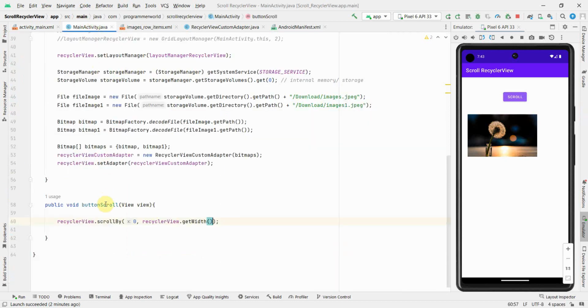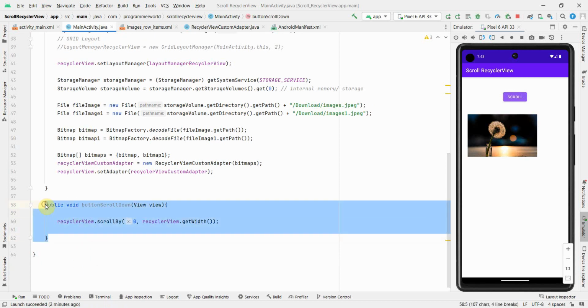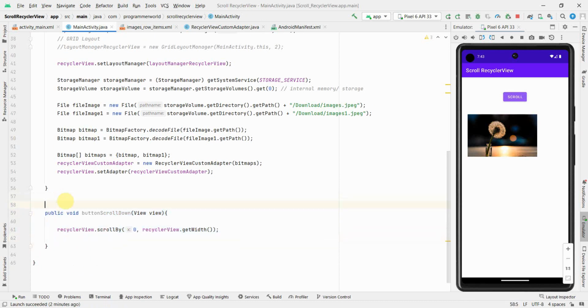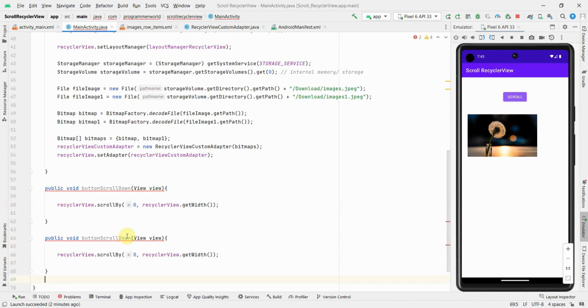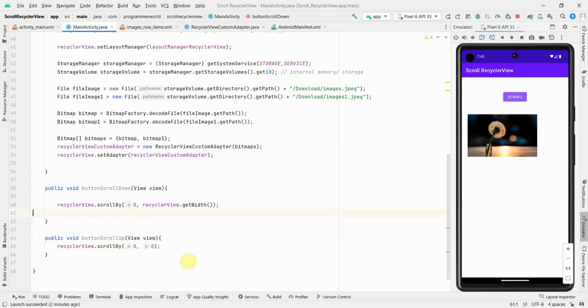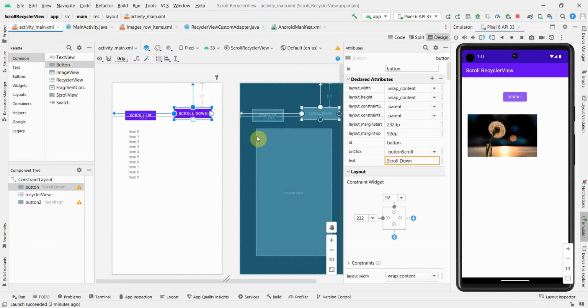Okay, so for now we need two methods. In fact, this I can say scroll down, and I can just, similarly, Control C, Control V, and have it as scroll up. So in scroll up, what we'll do is we'll move back to the up position, which is the zeroth position. Okay, and that's all I guess. I'll have to associate these methods to the buttons' onClick attribute in the